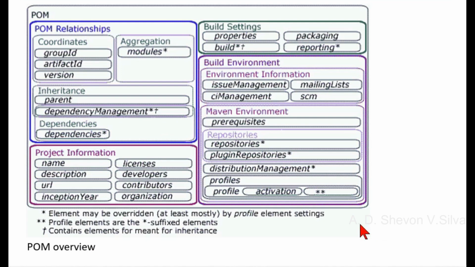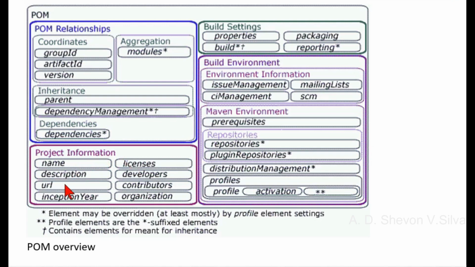POM contains four categories of description and configuration. The general project information. This includes a project name,